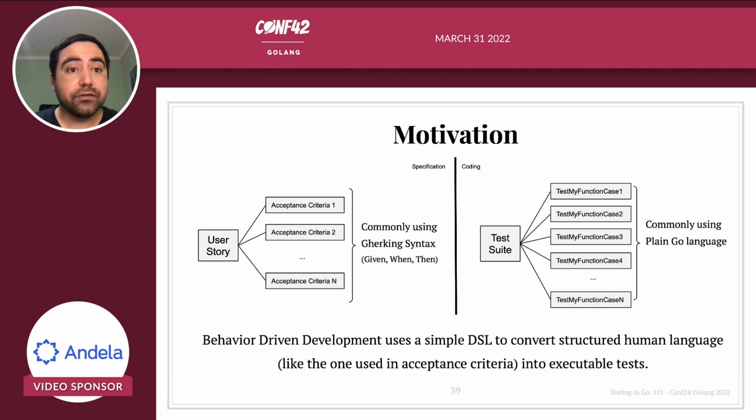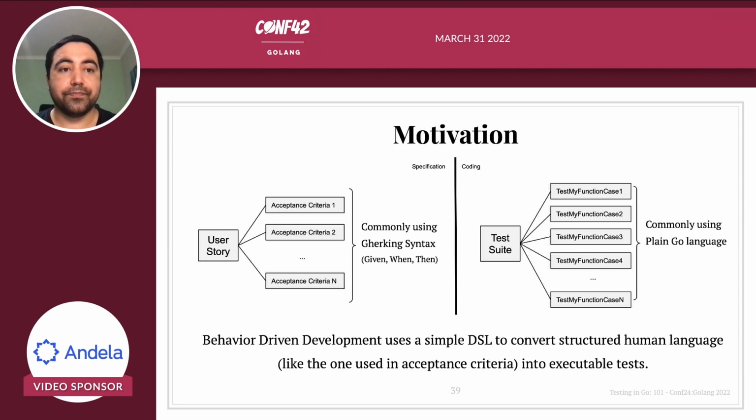And on the other side, we have a test suite that is a group of many tests, but those tests are commonly created based on plain Go language. So it's hard to match